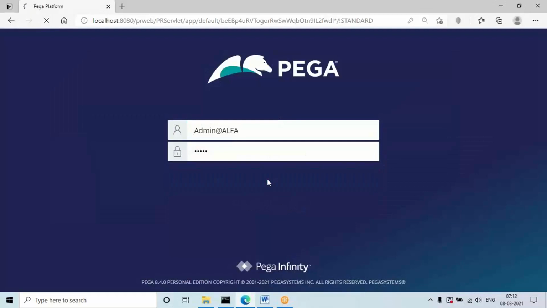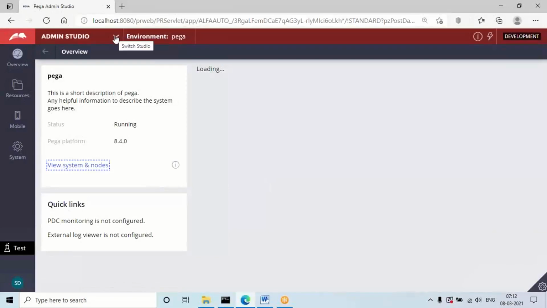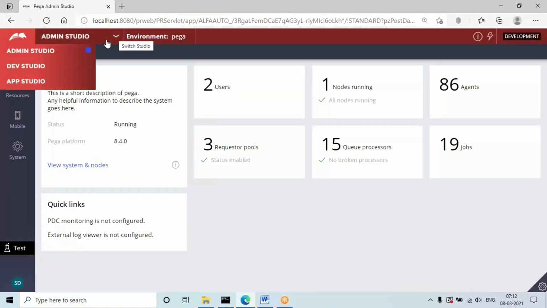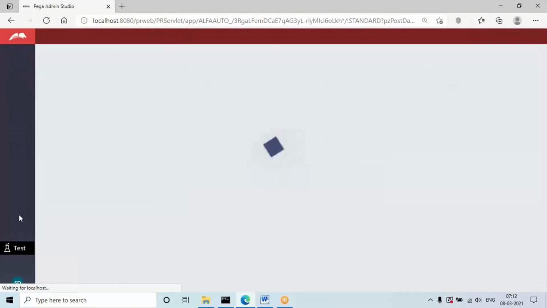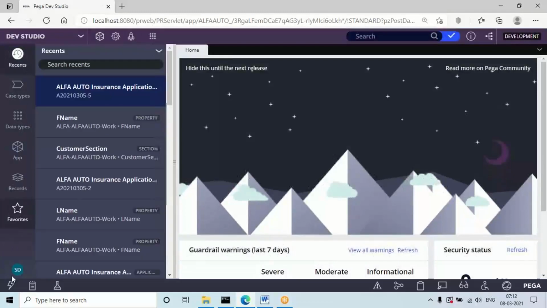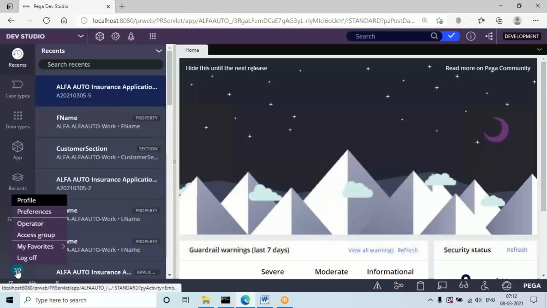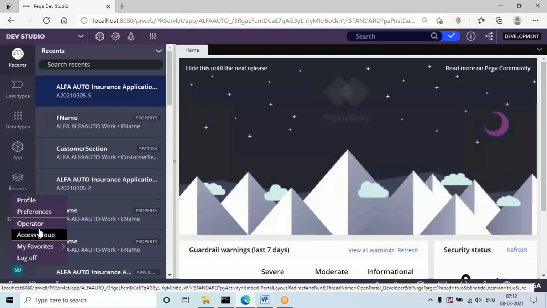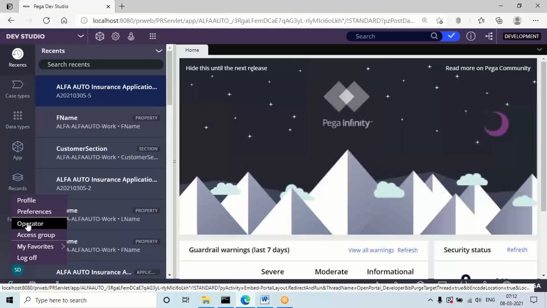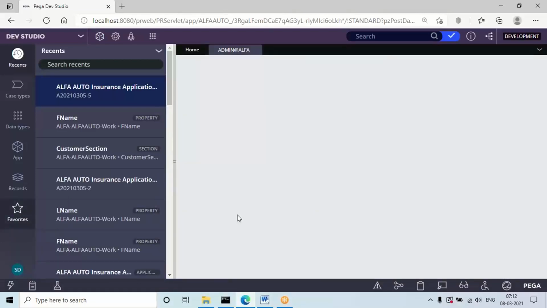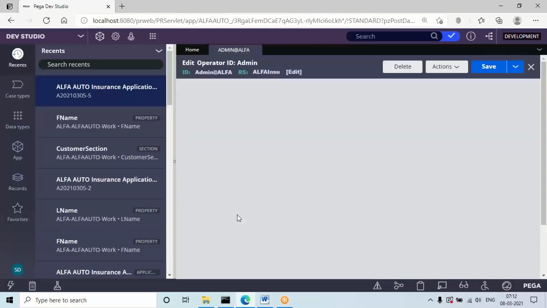When you open your operator ID, go to Studio and open the operator rule form or operator ID. You can also click on access group directly, but I'll show it from the operator level.